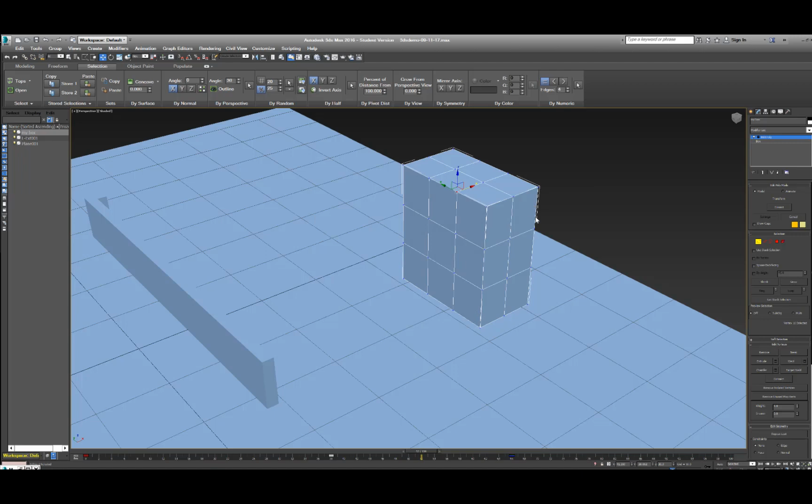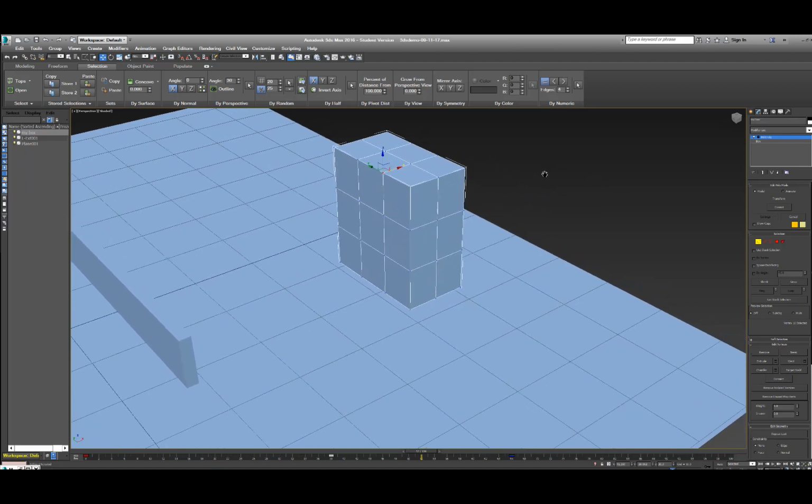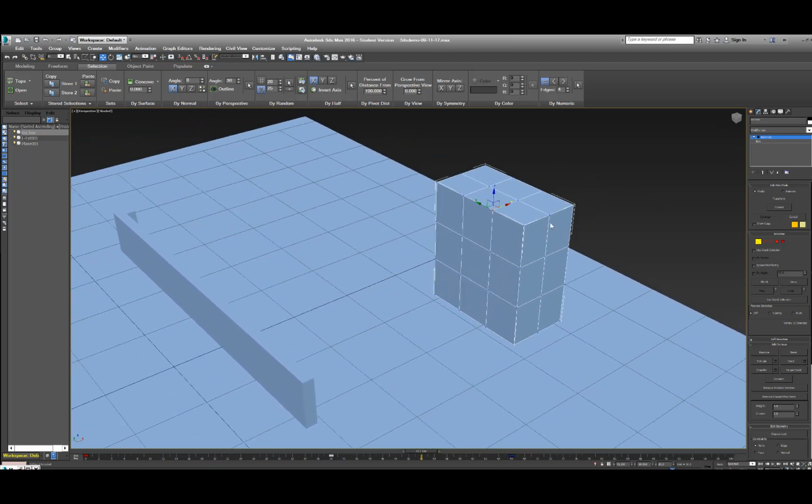Just hit Command Z to undo that. Let's say, what should we make this into? I'll just show you, you can select a number of them. If you select this one vertex, then you hold Shift and you double click, you should be able to select all of the vertices around the entire object. And if I hit something like the scale key, R, I can scale those uniformly in,